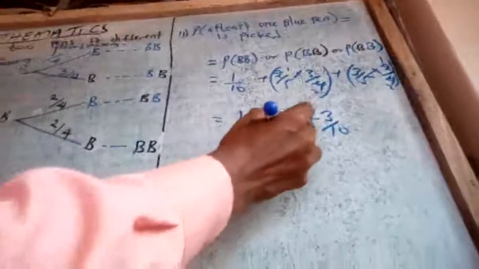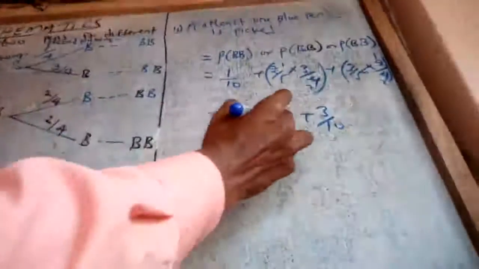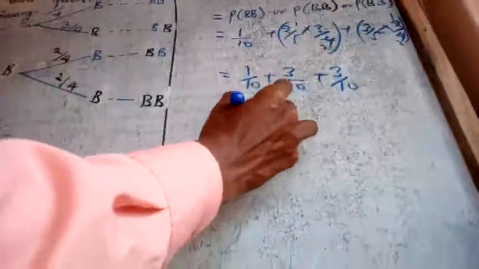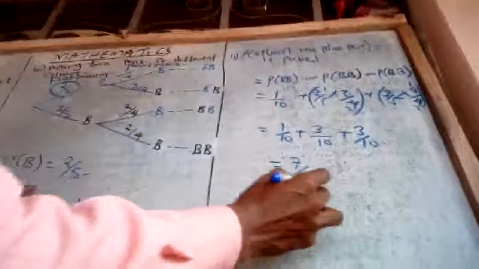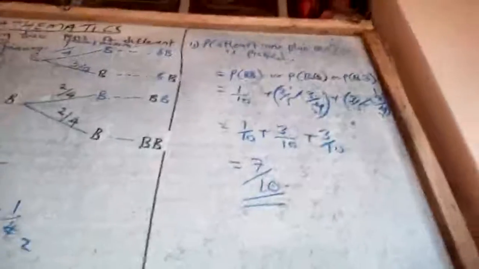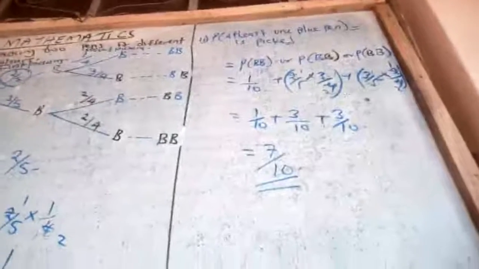And what is the answer? You're supposed to get the total answer as 7 over 10. That is the total probability that at least one blue pen is picked. That is the answer. Alternatively,